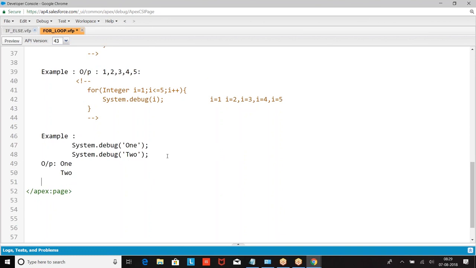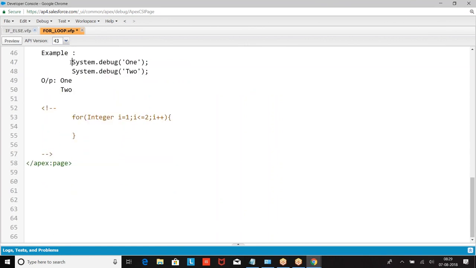This is the output. Same thing if I write for integer I equal to 1, I is less than or equal to 2, the same statement inside a for loop. Then what happens? First I equal to 1, and the output you get is 1.